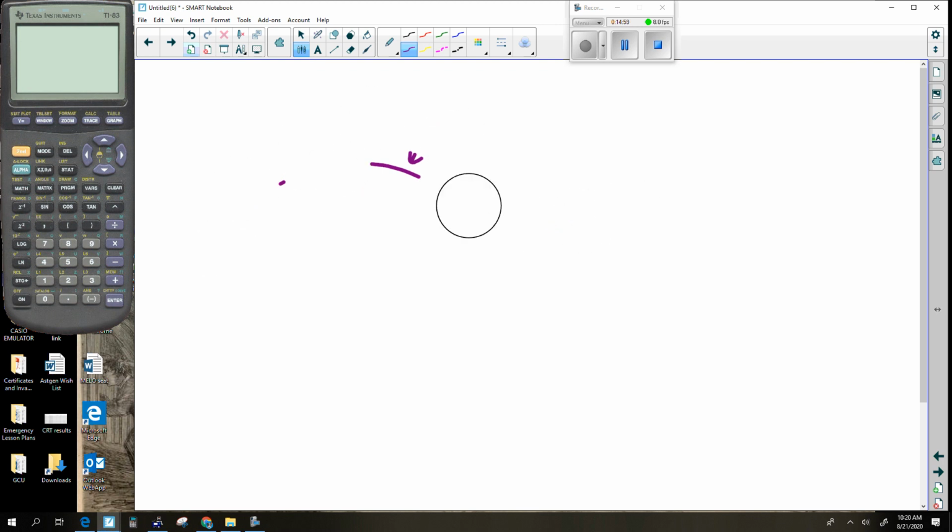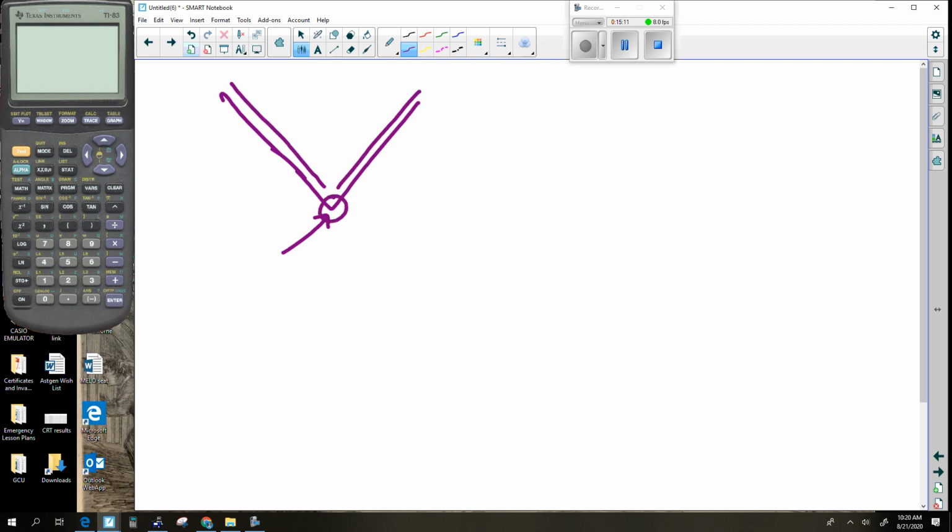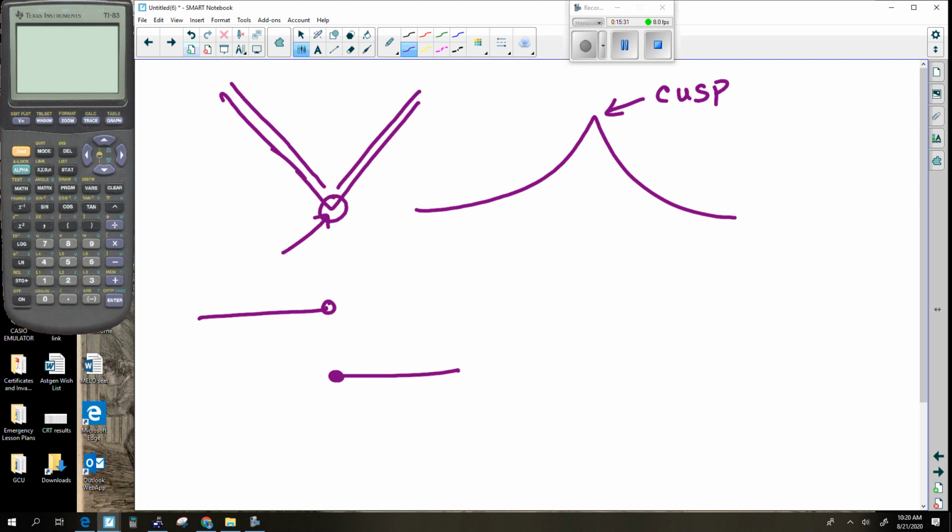So things that are not, quote-unquote, differentiable: corners. This is a corner. It's differentiable all along this line and all along this line, but it is not differentiable at the point. So, corners. This thing is called a cusp. It's not differentiable at a cusp. Any discontinuities, it's not differentiable. It's not differentiable at discontinuities. And it's also not differentiable